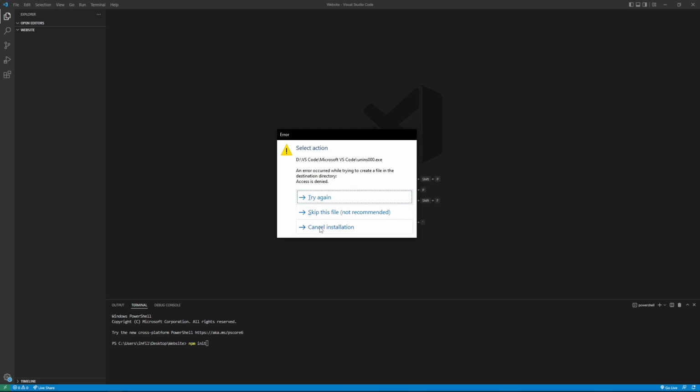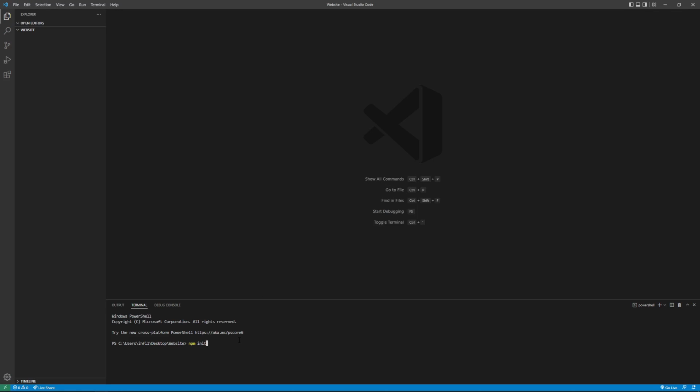I don't know why this pops up. It's just something I have to do. I have to reinstall VS Code or something. I can't remember exactly what the error is for. But npm space init, enter, and this will basically start the